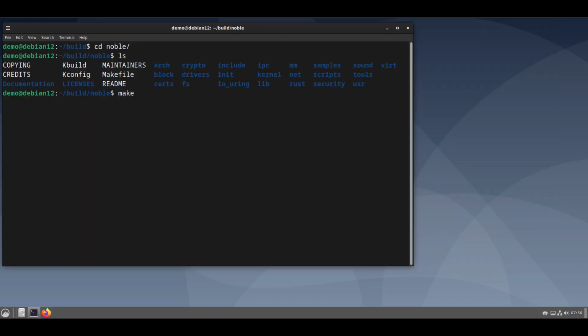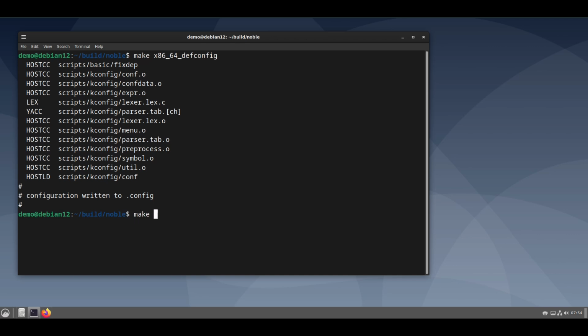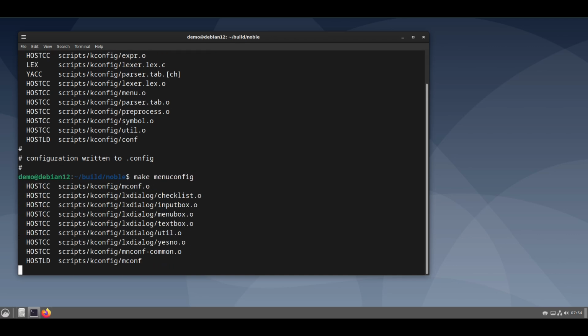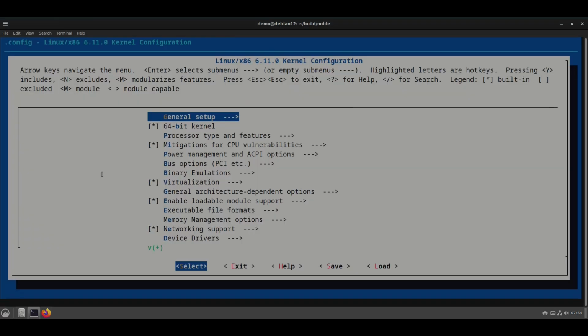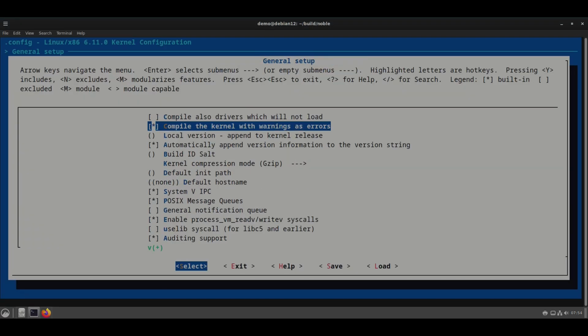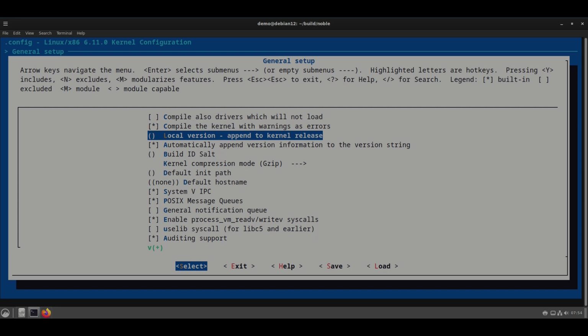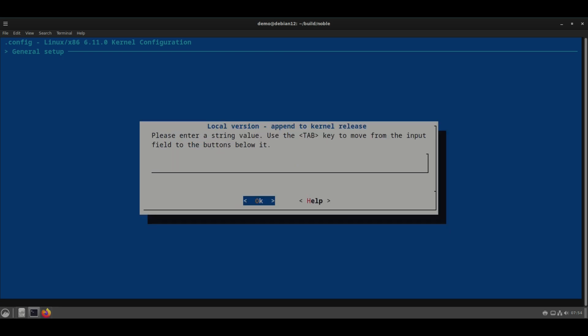Now cd to the Noble directory, then run make localmodconfig. These settings actually work for me. You can make oldconfig too, then you can also try. Then after this, run the make menuconfig command, then you will see this. Then go to General setup, then Local version,